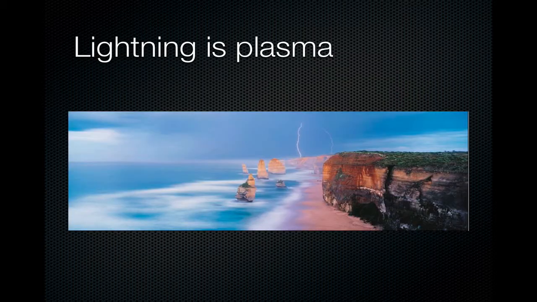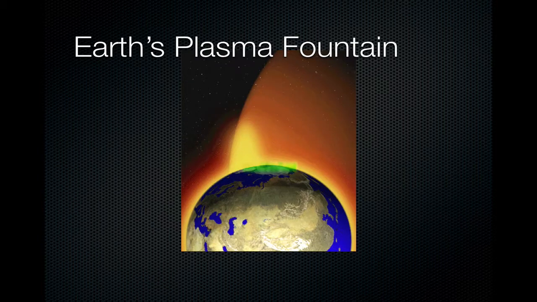Lightning is plasma. This is a picture of the Earth's plasma fountain. The Earth's plasma fountain shows oxygen, helium, and hydrogen ions gushing into space from regions near the Earth's poles. The faint yellow area shown in this picture above the North Pole represents gas lost from Earth into space. The green area is the aurora borealis, or the northern lights, and this is plasma energy pouring back into the